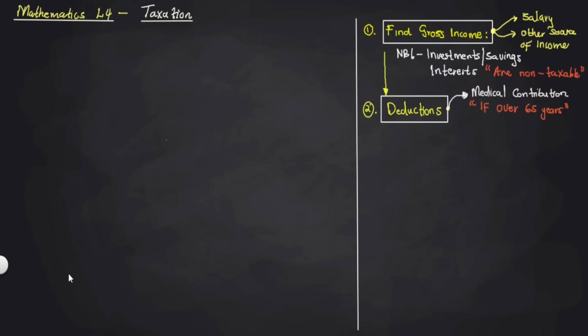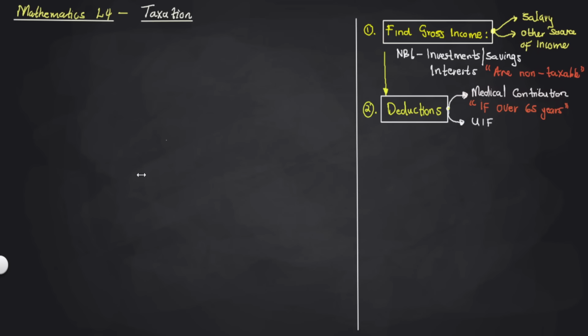So the medical contribution is a deduction that is non-taxable if you are over 65. You're going to consider the medical contribution if the individual in question, as we calculate the tax return for, is over 65. Therefore, the medical contribution will be considered. If ever that person is less than 65, the medical contribution is not considered. Otherwise, consult a table. But we'll discuss this over a question.